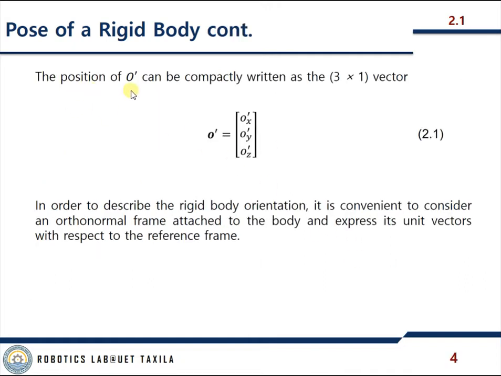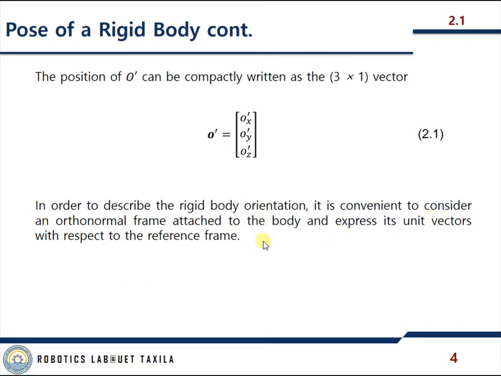The position of O dash can be compactly written as a 3 by 1 vector in this form, O'x, O'y, and O'z. In order to describe the rigid body orientation, so the point is orientation,